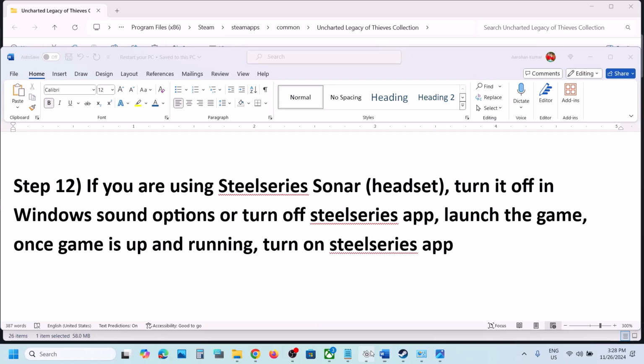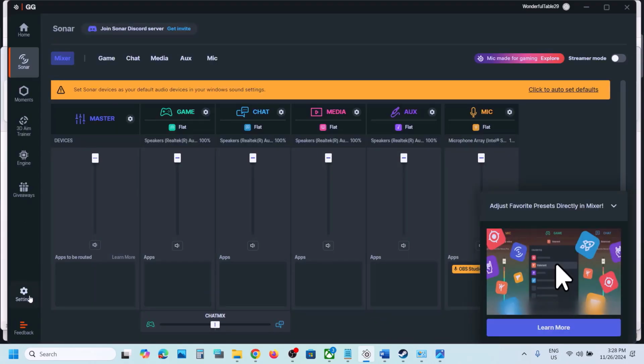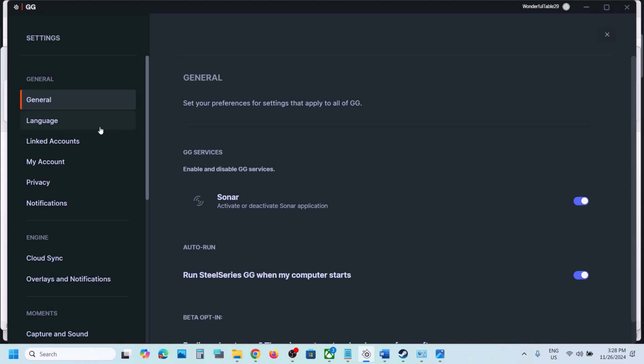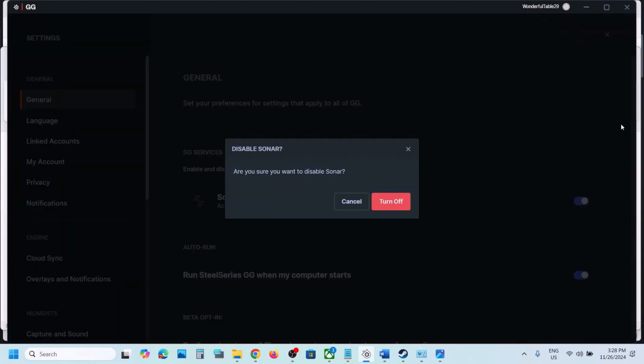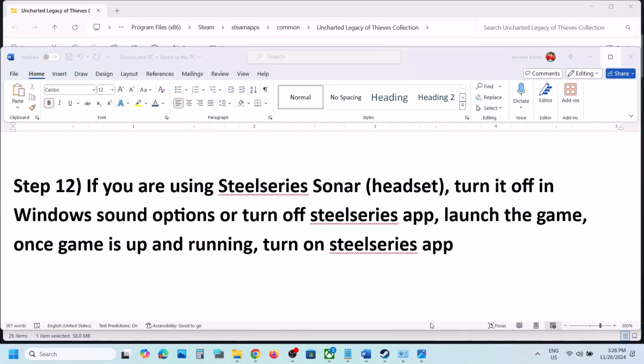So if you're using this, in that case, you can go to settings over here, and then you can go to, here you can see Sonar. If this is on, you can turn this off, turn off the app, and then you can launch the game, and then once the game is up and running, you can